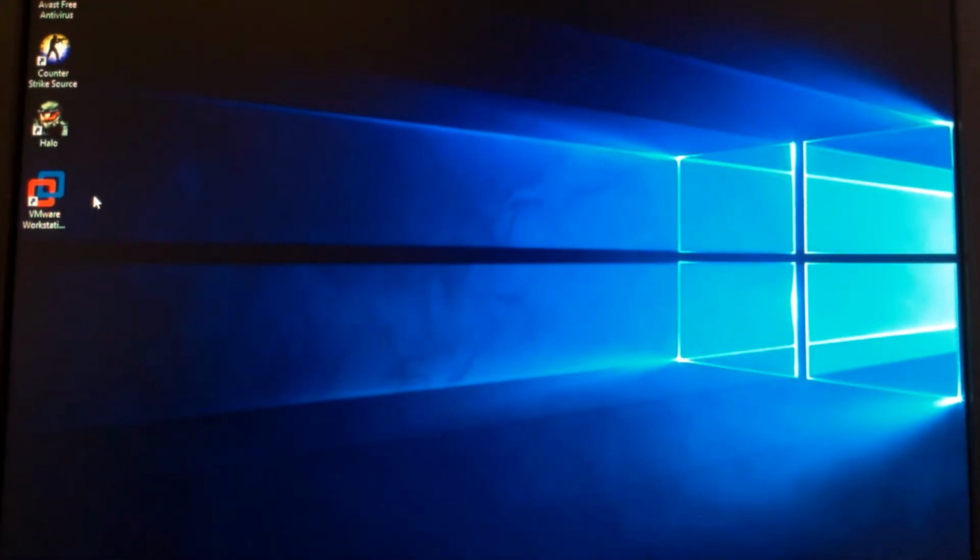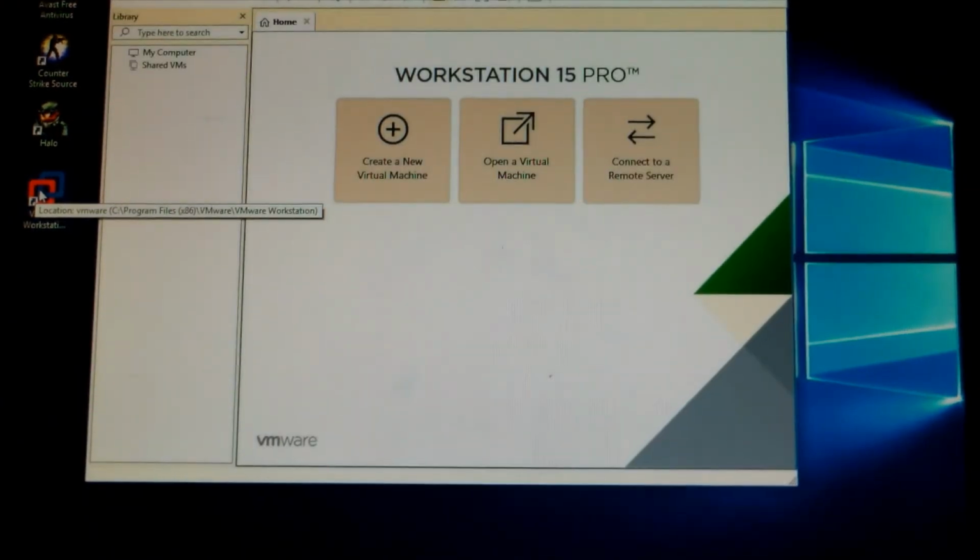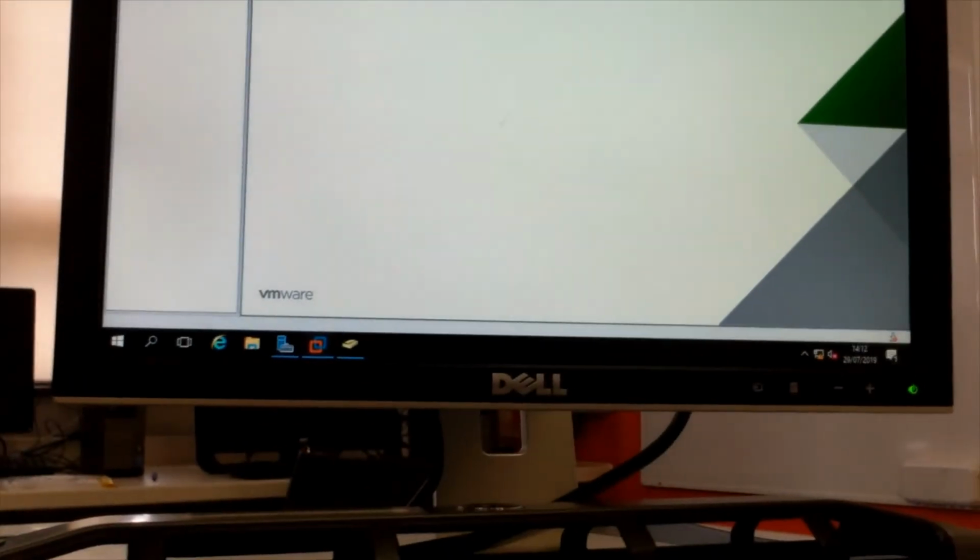So that's VM Workstation, so we can open it now. So VM Workstation will be installed on this system. Now what we're going to do next is build one virtual image on the server that we are going to share with the workstation we've just installed Workstation Pro on. So if you move over to the server,